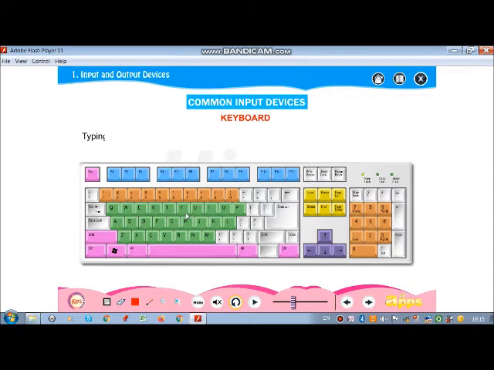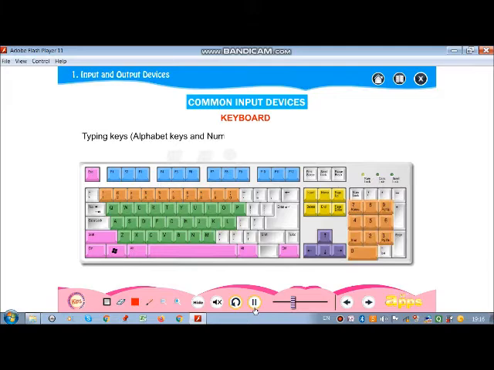Alphabet keys, green color. Third is the brown color. This is your number keys. It is present in 2 parts. Then the fourth color is your control keys, the purple color: Shift, Control, Alt, Windows. These are your control keys. These are your navigation keys, which are in yellow color, navigation keys and arrow keys. So we are going to see it.